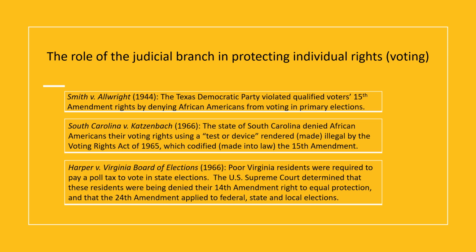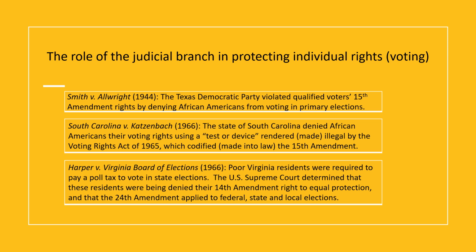In essence, what the state was doing was saying that even though something had been federally addressed, the 24th Amendment, no poll taxes, and that was in 1964, they said, oh, but wait a second, we are the states, we're focusing on state elections. Well, the Supreme Court said absolutely not, that not only is there a 14th Amendment right to equal protection, meaning that the government cannot treat people differently who are otherwise equal, but that the 24th Amendment also applied to state and local elections in addition to federal elections.